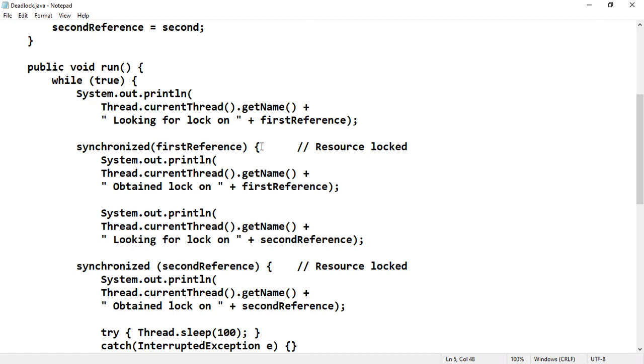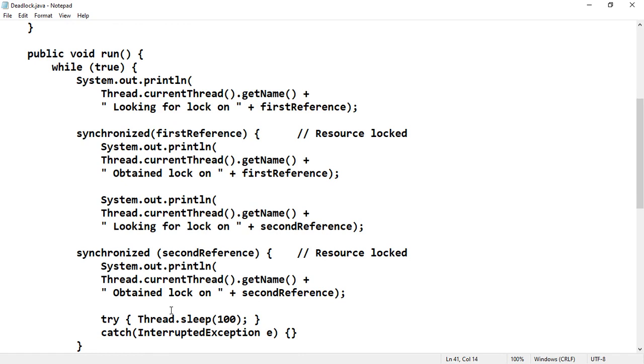To do that, we use synchronized of first reference, then the synchronized-related statements are written in the block. That is, the resource is locked and the lock is obtained on the first reference, then it looks for the lock on the second reference. There is another synchronized block on the second reference, where the resource is locked and the lock on the second reference is obtained.